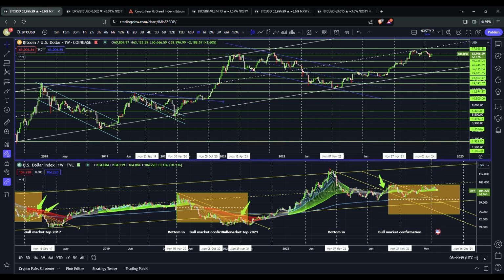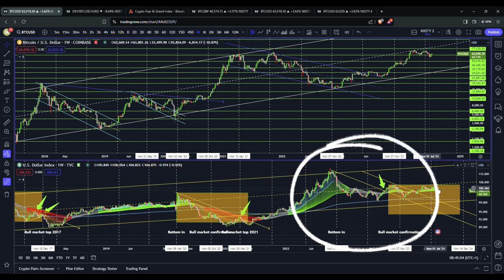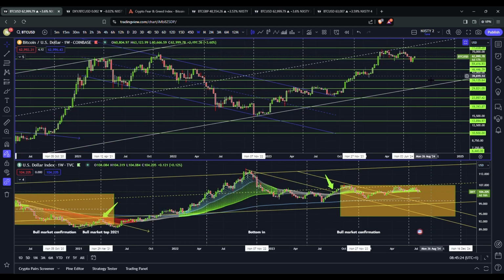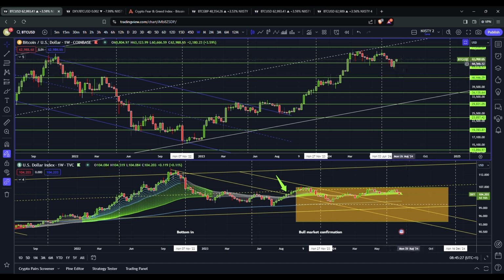So so far our theory is going according to plan, and you can see that this bounce to the upside is completely normal. It belongs on this green phase where Bitcoin might have some dips and still is able to recover as it's still set to actually continue the bull market. With that said, we can see that Bitcoin is currently at 63,000. It's tapping the 63,000 price target or price tag,